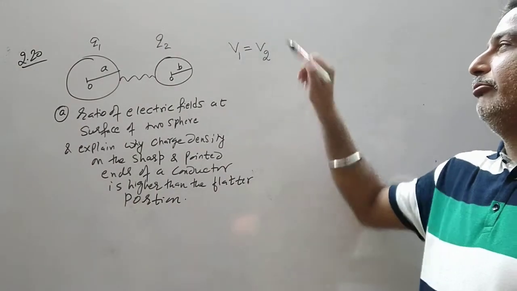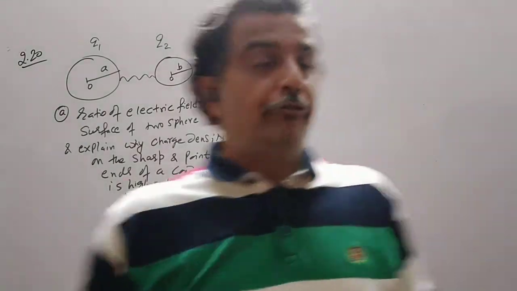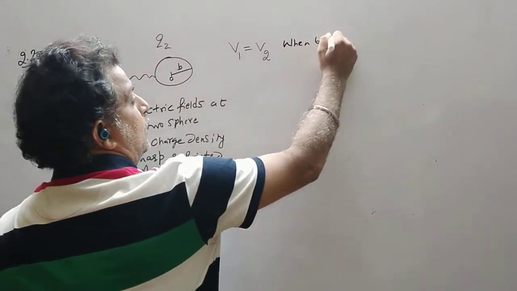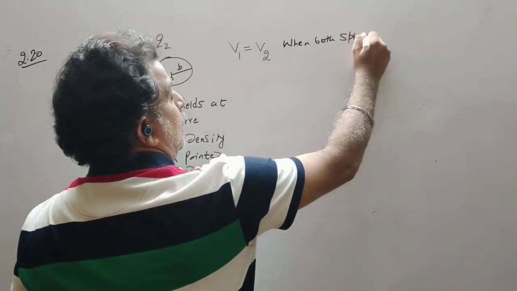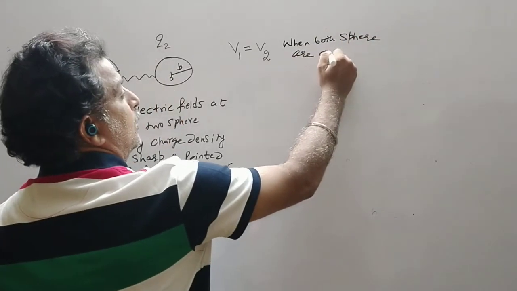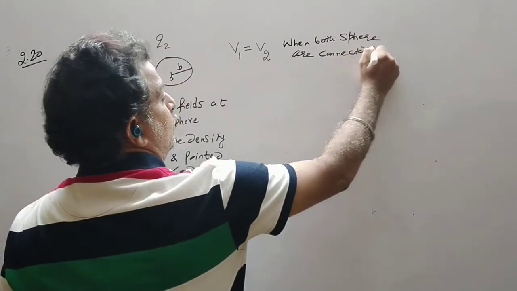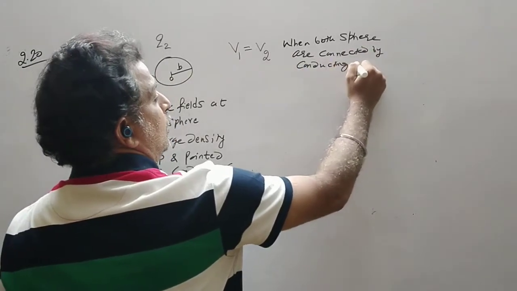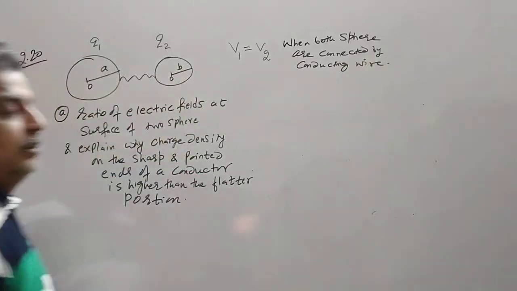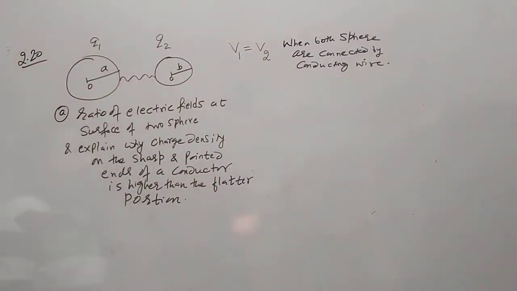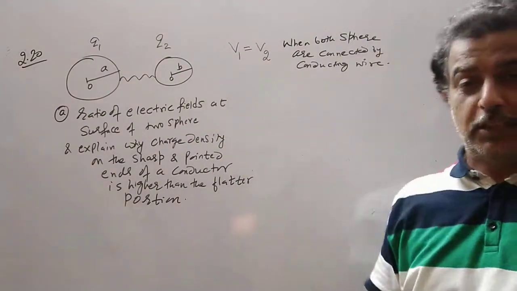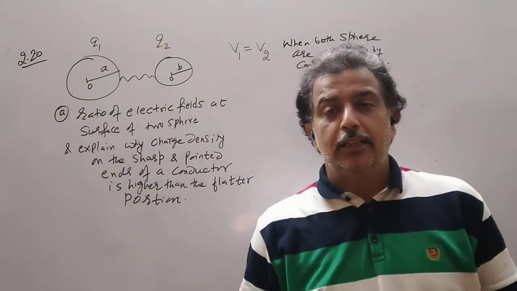So let V1 equal V2 when both spheres are connected by a conducting wire. Now if I take C1 and C2 as the capacitance of these two spheres,